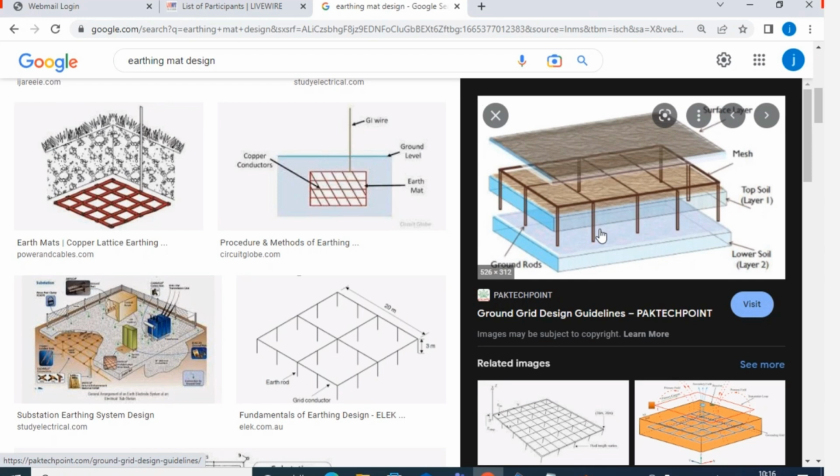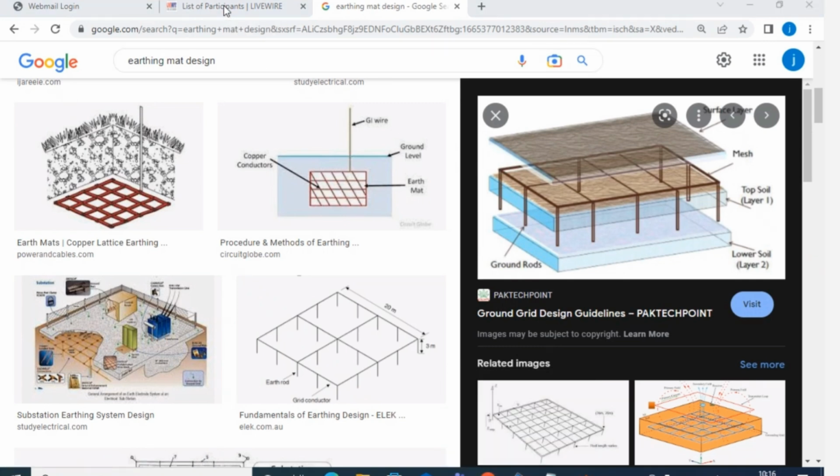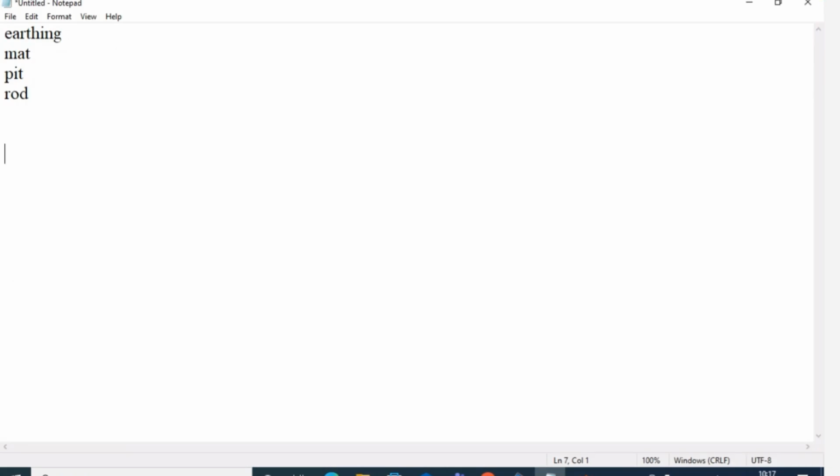So the next thing is, in the earthing part, you need to know what step potential and touch potential are. First of all, I will discuss what step potential and touch potential are. In earthing, you need to know which one is step potential and which is touch potential. Due to that reason only we provide earthing. So for that you need to know what step potential and touch potential are. First I will discuss what step potential is.